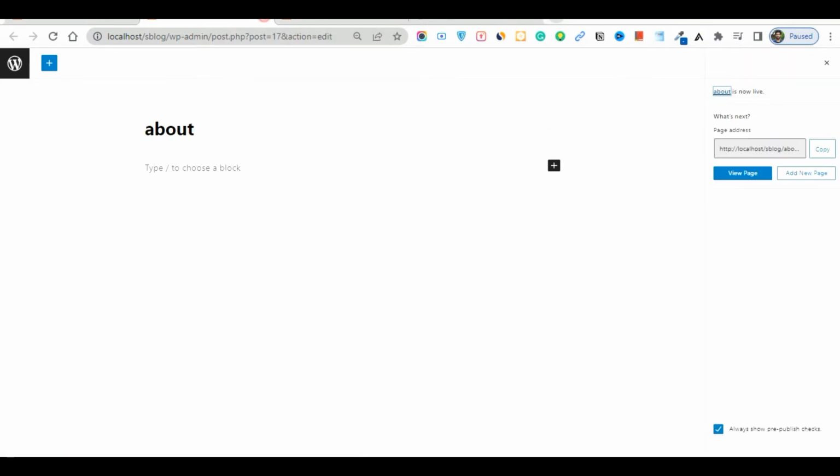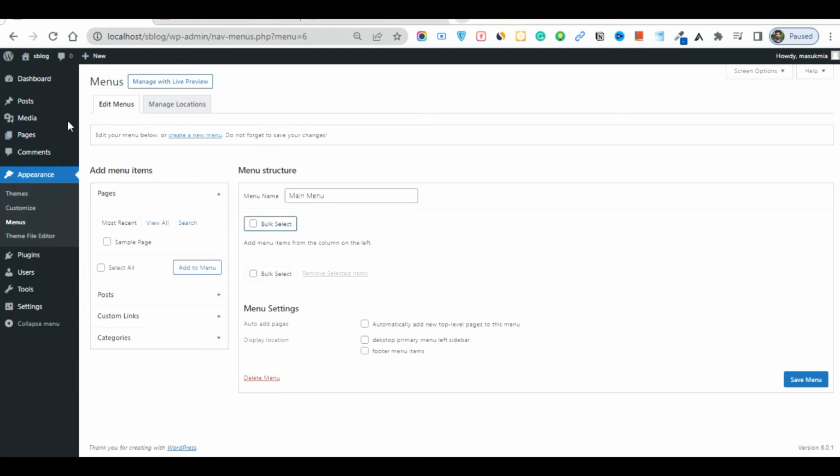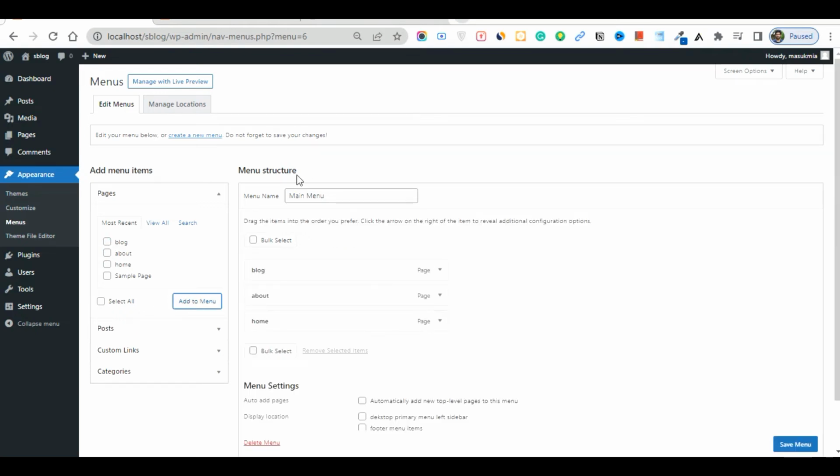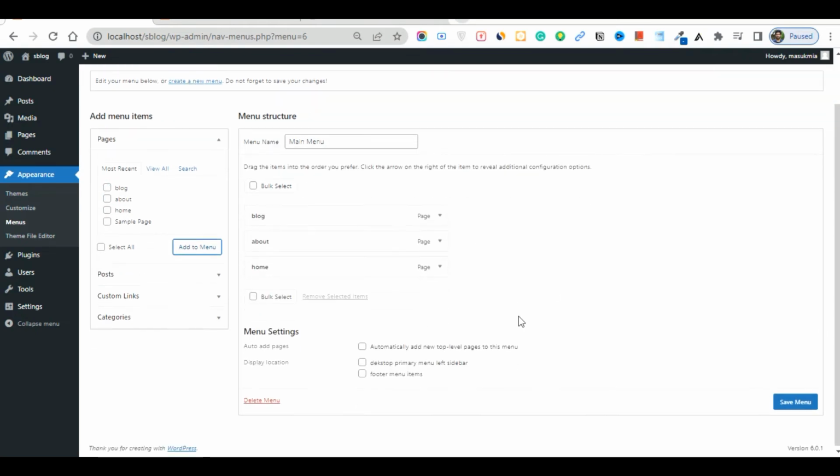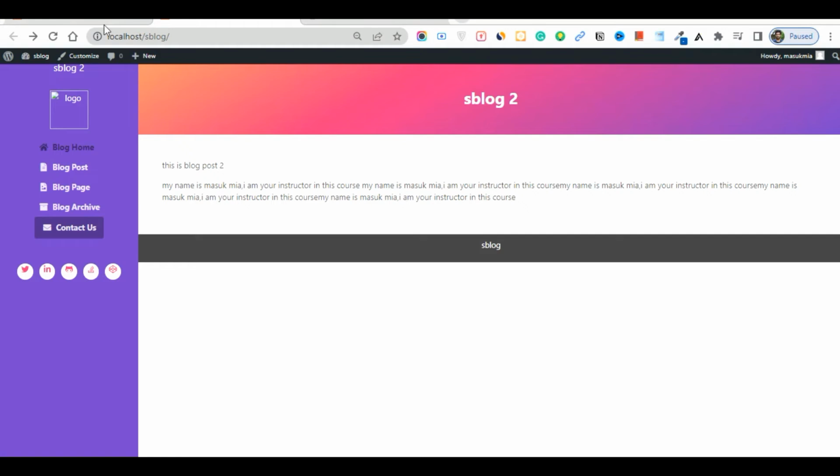Okay, so I don't need another pages, and refresh this browser and you will show that here is the home page and about page, blog page. Add to this menu. Okay guys, then save it automatically, desktop menu and footer menu items. Okay, so save this and refresh this browser, then you will show that